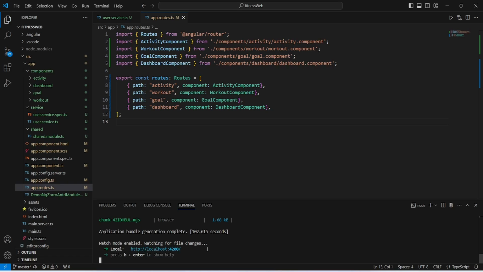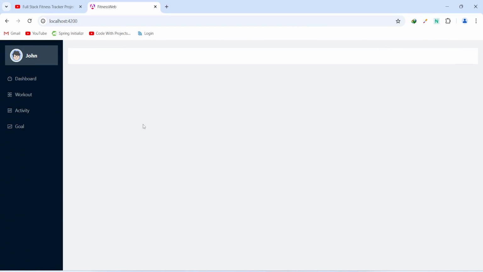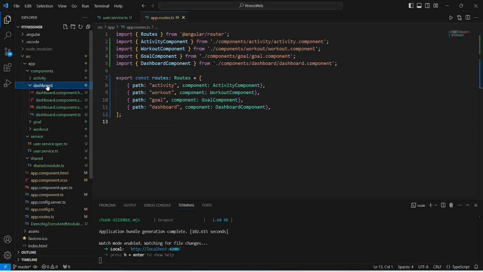And as you can see our application is up without any errors. Now let's go to the browser, and in the browser let's click on this dashboard menu. And as you can see we got redirected to the dashboard route, and for the content we can see dashboard works on this page. And now let's go back to the Angular application and let's write the code to call our getStats API. And in our Angular application we will open dashboard folder, and in this we will open